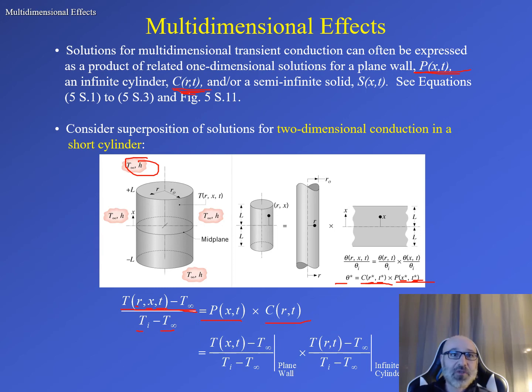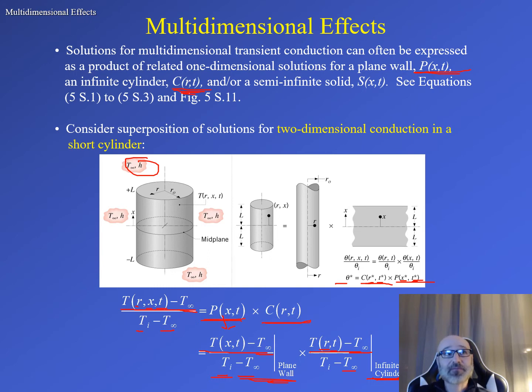And this is then equal to, for the plane wall and for the infinite cylinder, we do these separately like this. So if we look at just this for the plane wall, P of x comma t, this is our temperature at some position x, some time t, minus the surrounding temperature, all over our T sub I minus our T sub infinity, evaluated for our plane wall, times now we do the same thing for our infinite cylinder, where this is our temperature at radius r and time t, minus our surrounding temperature, all over our initial temperature minus our surrounding temperature, again for our infinite cylinder. So that's just saying exactly what we said before, by multiplying those two together